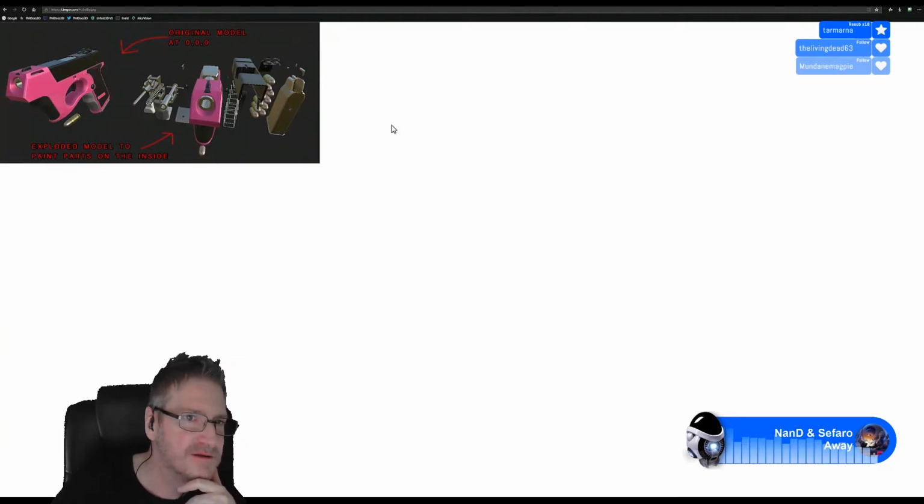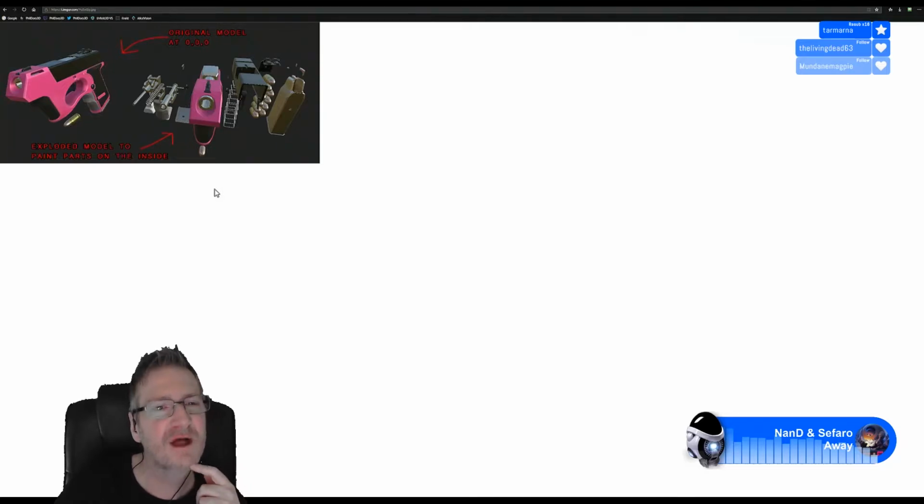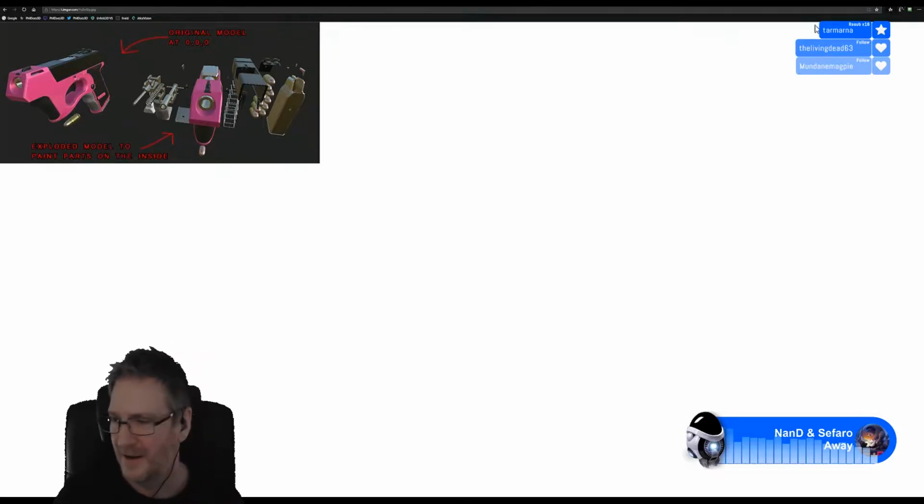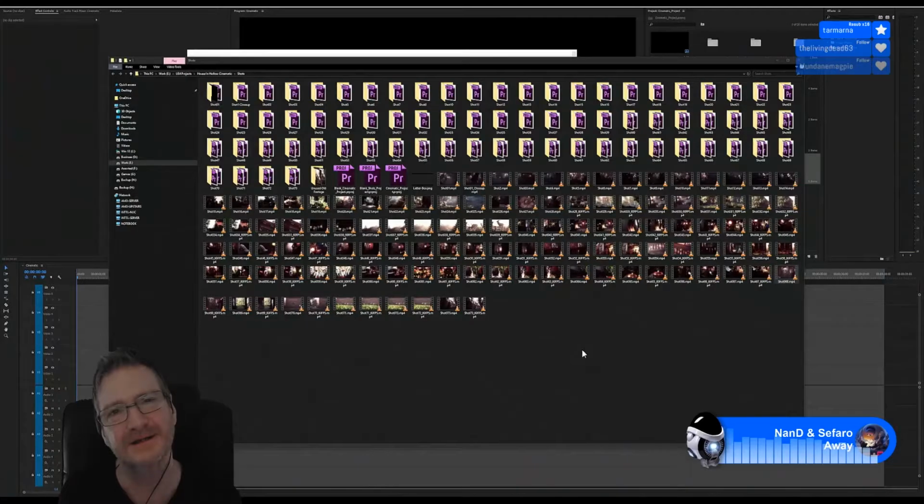Okay, so this is the mesh, and this is the way Smurfberry breaks up the mesh so he can import it into Substance Painter so he can get to each part of the model to texture paint. And that's a very good solution, actually. He's not changing his UV mapping at all. He's just exploding the mesh. So when he paints on it in Substance Painter and saves his texture out, he's still only got one material ID. That's a really, really smart solution to the problem, Smurfberry. Well done. Yeah, that's an excellent way to do it. You get a 10 out of 10 for that tip. That's a great tip.